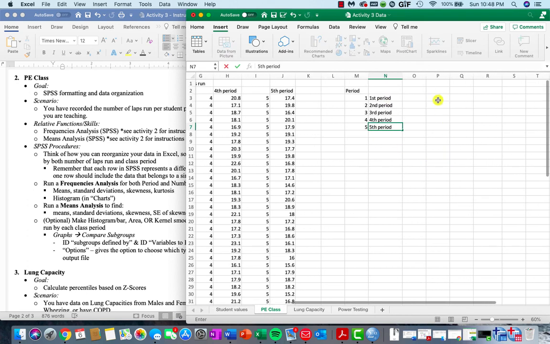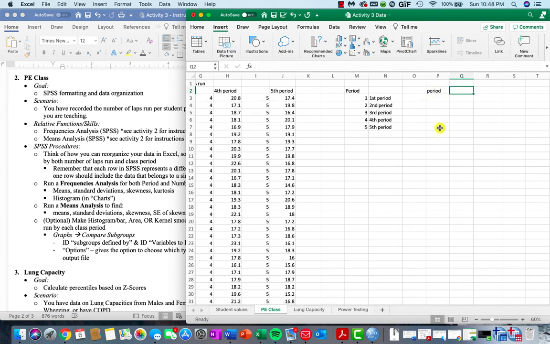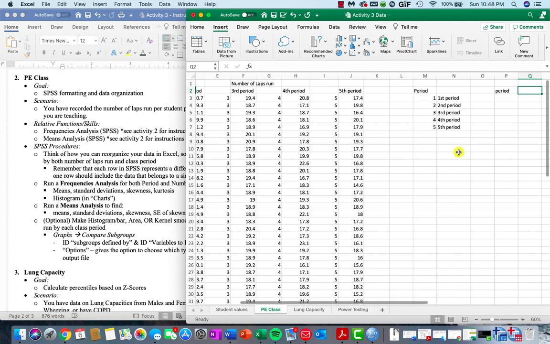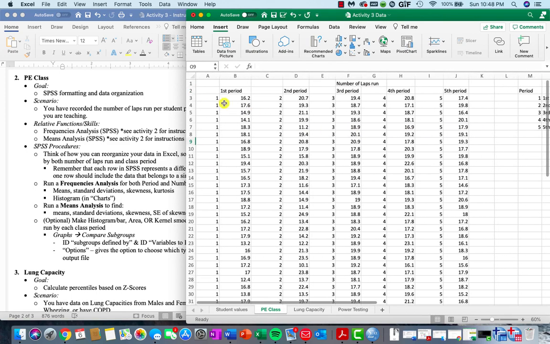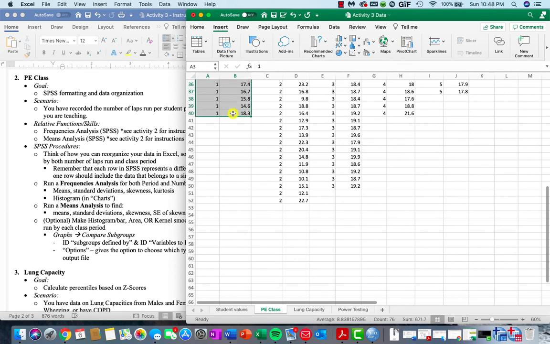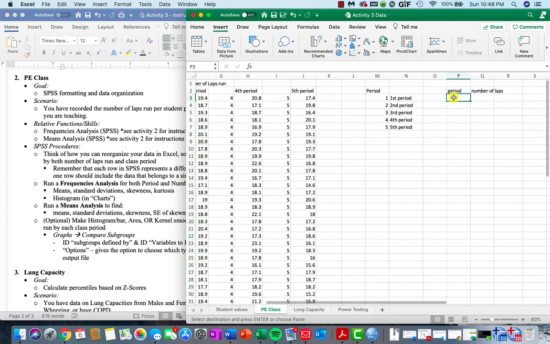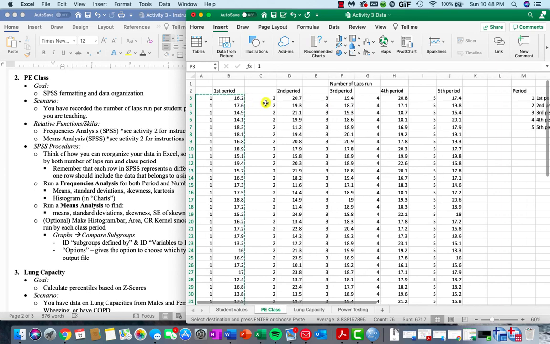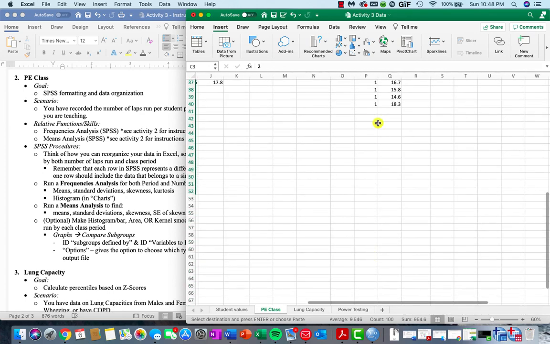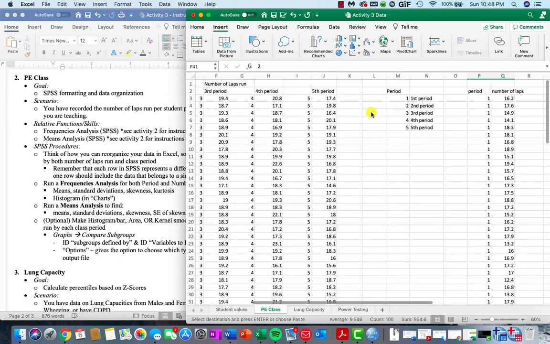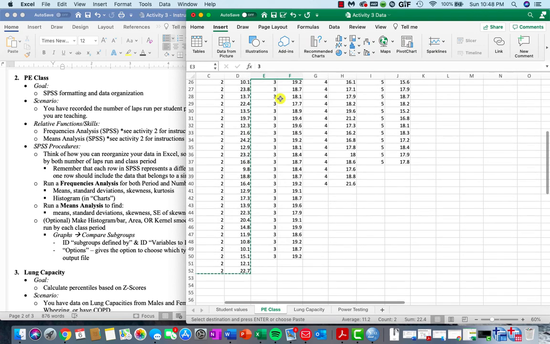Okay, and then what we want to do is make a new table where we have the period or the grouping that a person is being identified with, and then the actual data we collected on them, which was the number of laps run. So we'll call this number of laps. And then basically what we're going to do is copy and paste all of our data over here. Okay, so that's first period. We're going to take second period and put that at the bottom of first period. Insert